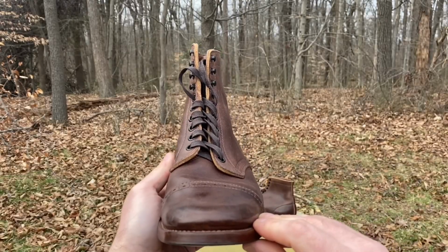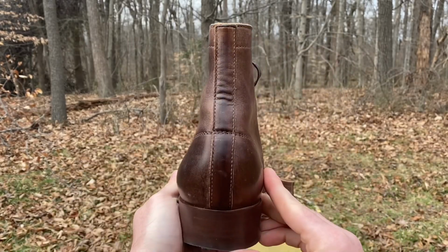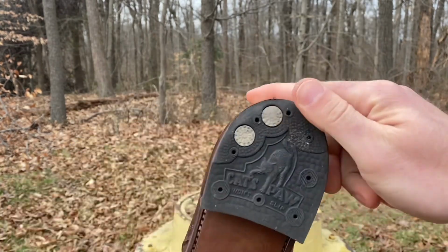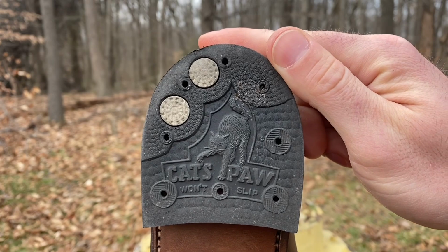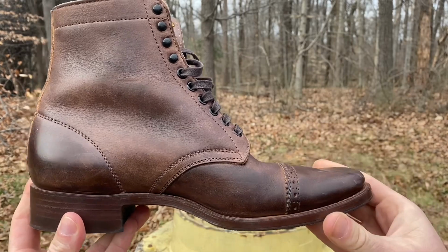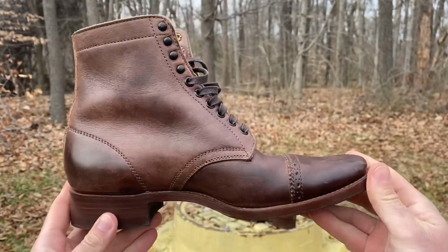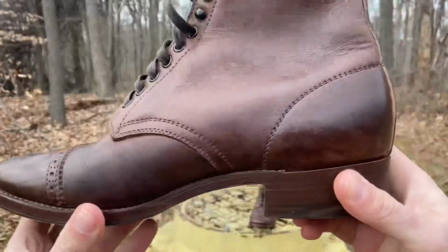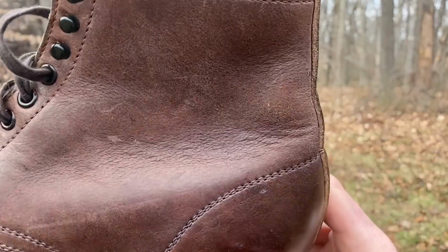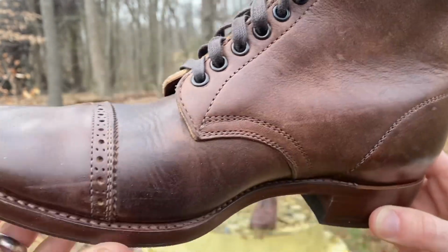These are the lace-up boots. I'll read a little bit from the Clutch Cafe website. It says, a classically styled boot from Clinch. These boots are superbly well made with a level of craftsmanship that can only be admired. The design is inspired by a turn-of-the-century work boot with a brogued cap toe and mid-height. These boots are smart without being formal and sturdy without being chunky. The Latigo leather is beautifully tanned in a rich russet color. So this is a different color than what's on their website. They're russet, which will age beautifully over time, as well as become exceedingly comfortable as it forms to the wearer's